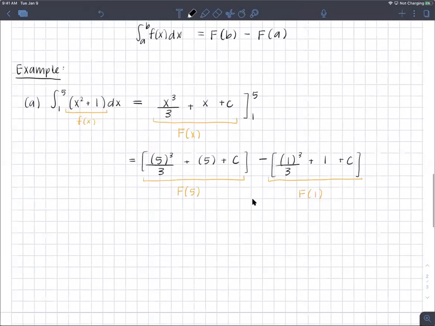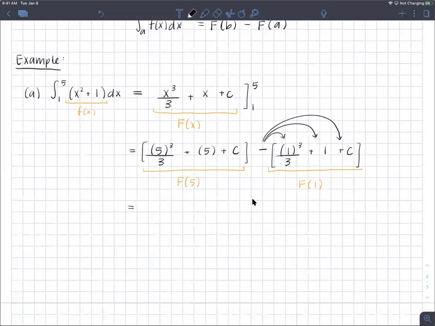And so then when you do this, be careful, make sure that you are distributing that negative through to every piece here, right? And so what you're really getting is 5 cubed is 125. So you have 125 over 3 plus 5 plus c minus 1/3 minus 1